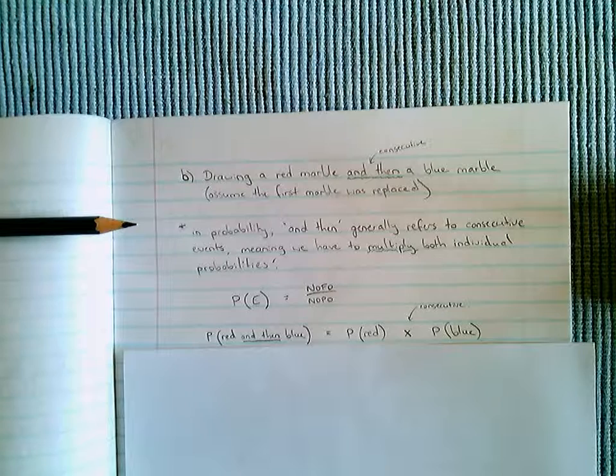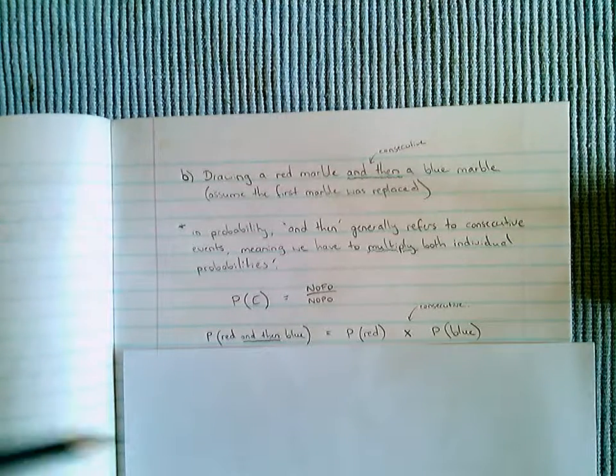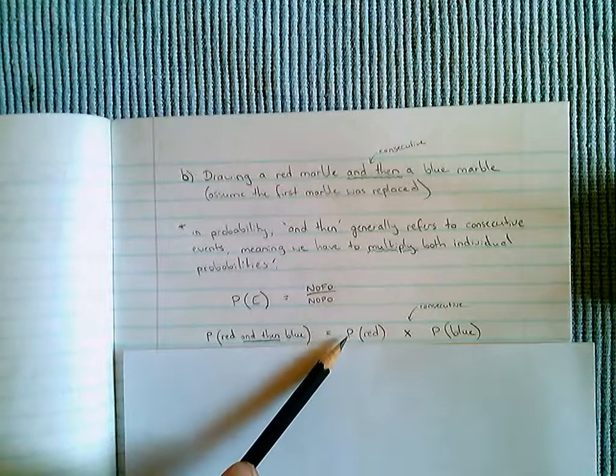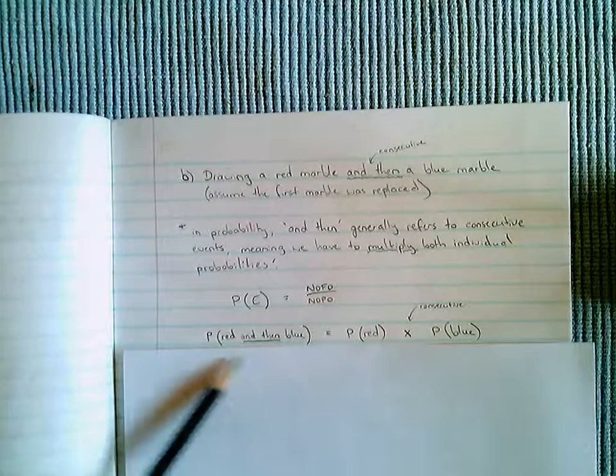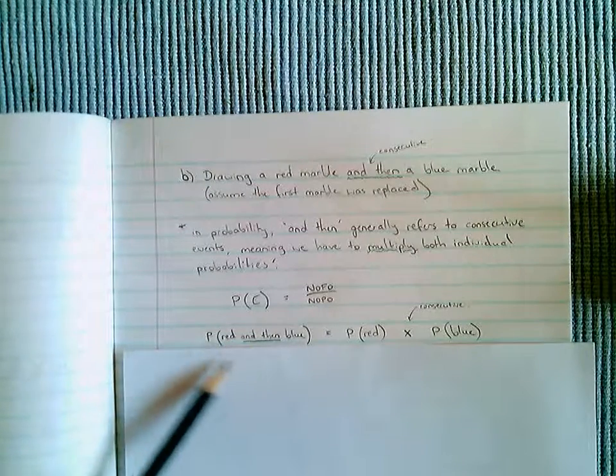Improbability, and then generally refers to consecutive events, meaning we have to multiply both individual probabilities. Okay, so we've got multiple events, but the multiple event is just made up of individual events. The first of those to occur is the probability of drawing a red. In order to draw a red and then a blue, you firstly need to